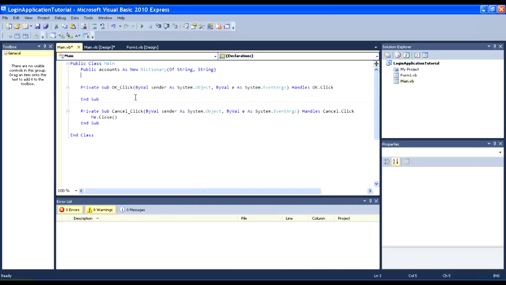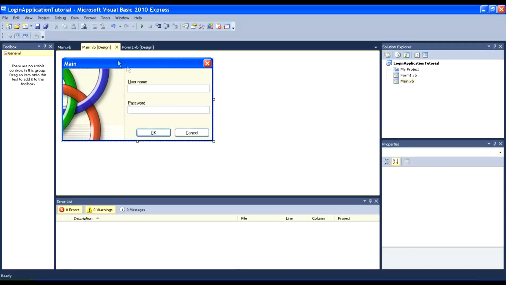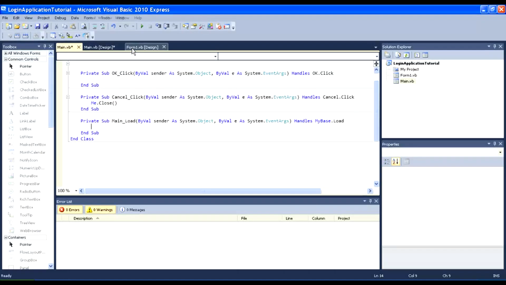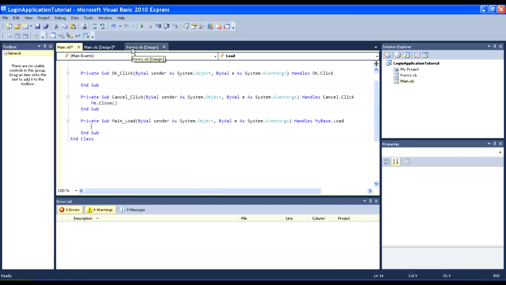Press enter. Now you want to double click your form, and this will allow you to add usernames when it has loaded. So on the main load you want to put accounts